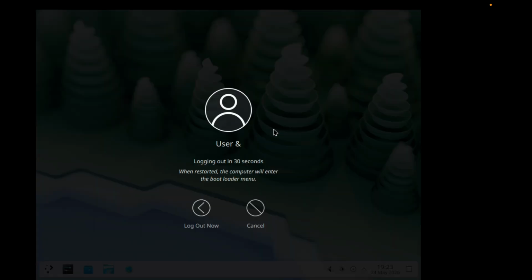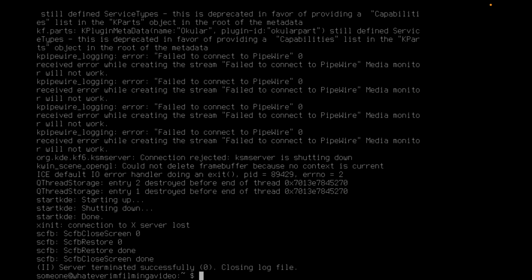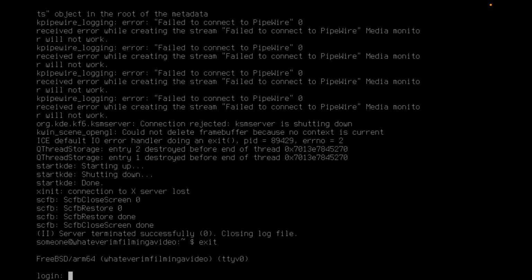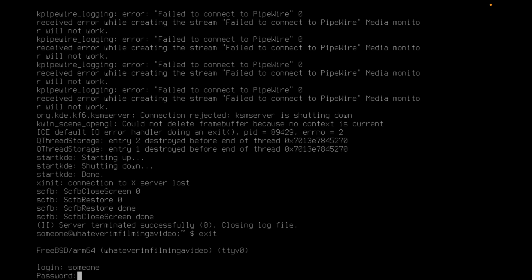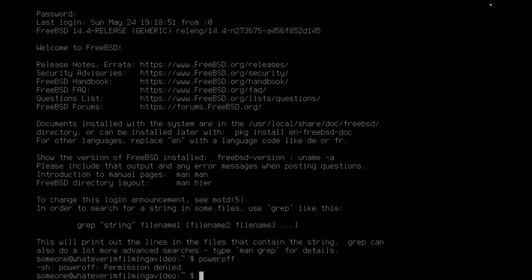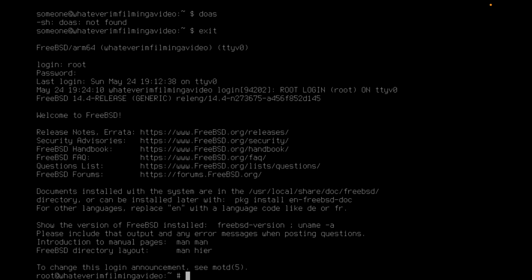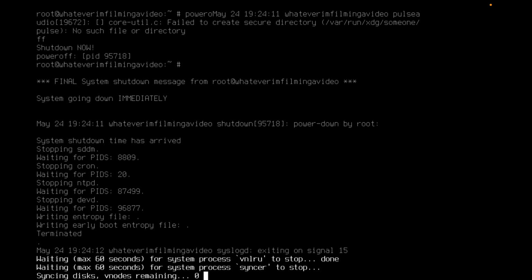Can log out if I want. Wait, what? When we started, the computer entered the bootloader menu. It didn't enter the bootloader menu. It just exited. Like what? We don't have doas, so we gotta use root. So yeah,